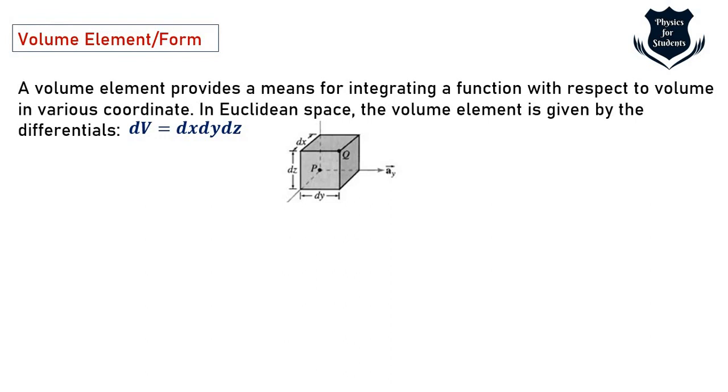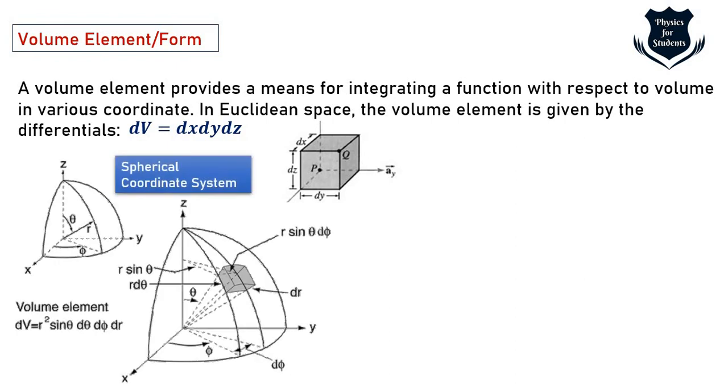Okay, so the volume element provides a means for integrating a function. Here in a Euclidean space, you can see this is a cube, and the volume element is given by the differential of x, y and z, which gives the differential volume. Now in a spherical coordinate system, the volume element is given by this, on the left hand side corner of the screen. The differential volume equals the square of the radius times sine theta, d theta, d